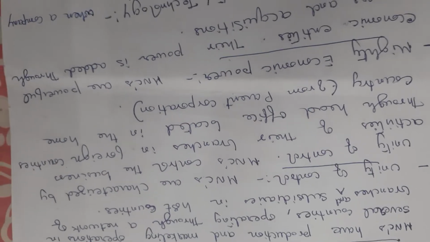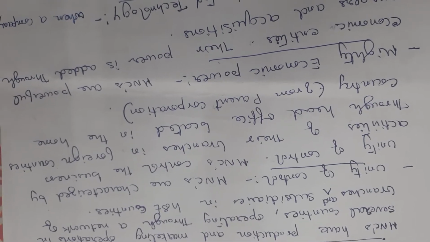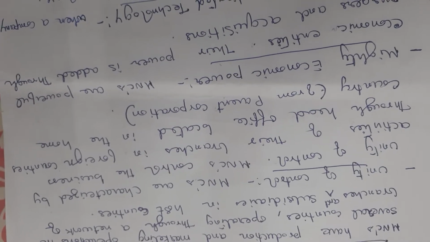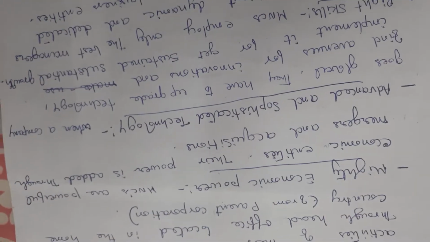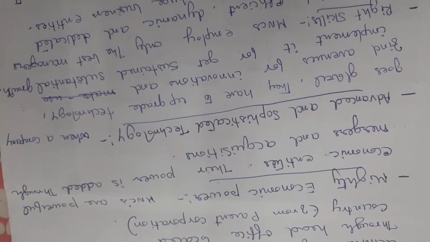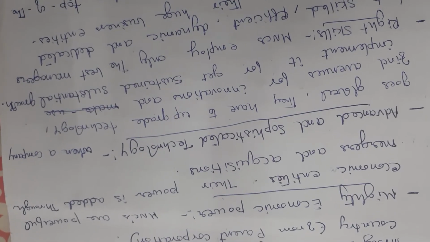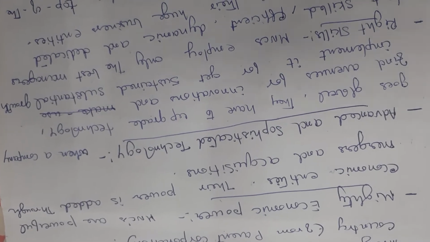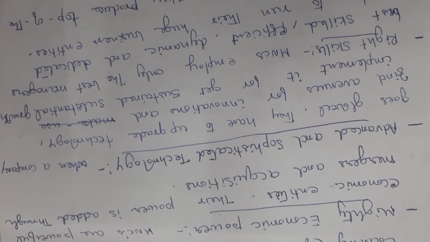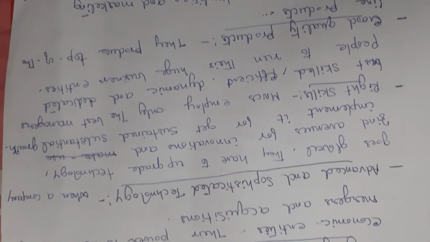Now, unity of control. Multinational corporations are characterized by unity of control. That is, the business activities of their branches in foreign countries are controlled through the head office located in the home country, that is, the parent corporation. Mighty economic power: multinational corporations are powerful economic entities. Their power is added to through mergers and acquisitions. What are mergers? Merging a small company with their company, or acquiring another company into their company. So mergers and acquisitions are a very common feature in multinational corporations.